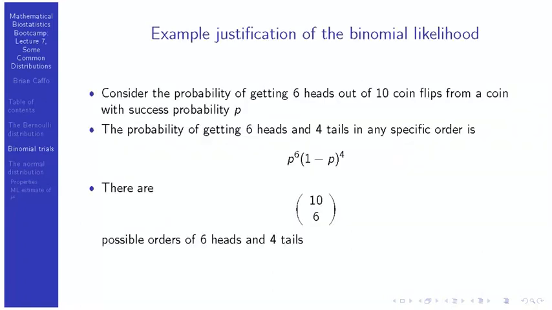So why is that factor? Why is n choose x the factor out in front of a binomial mass function? So let's now consider the possibility of getting 6 heads out of 10 coin flips from a coin with success probability p. Well, if you account for the order, if you say, what's the probability of getting tail, tail, tail, tail, that's 4 tails, then the remaining are heads, in that specific order? We know what that probability is. We would just plug into the multivariate Bernoulli mass function obtained by multiplying the Bernoulli mass function for each coin flip in order. And we would get p to the 6th, 1 minus p to the 4th.